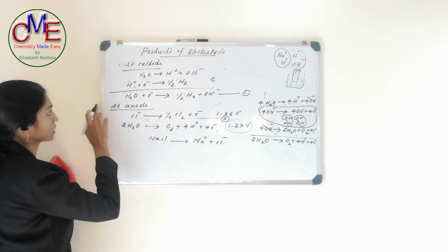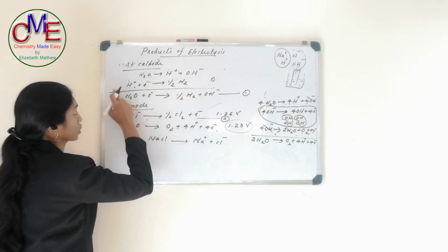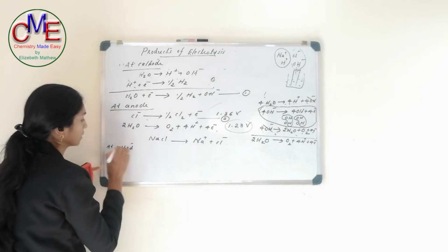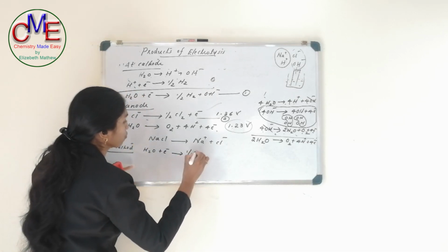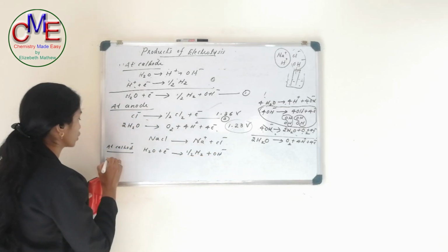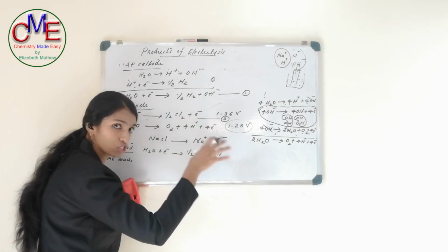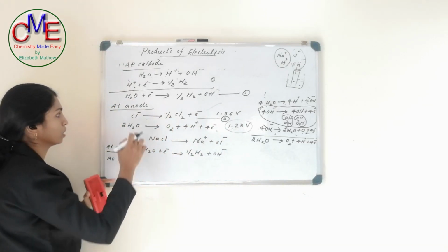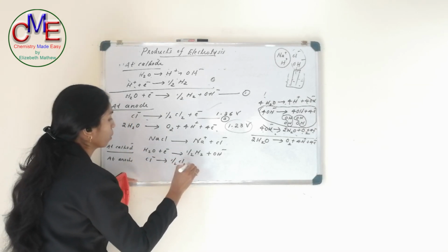Then the reaction that occurs at the cathode is, which one? This equation number 1 represents the reaction that occurs at the cathode. So at the cathode, the reaction that occurs is H2O plus electron gives half H2 plus OH minus. Right? Then the reaction that occurs at the anode is, theoretically this reaction is preferred, but practically, which product will form? Chlorine gas will form at the anode. So we can write equation number 2, Cl minus gives half Cl2 plus electron.